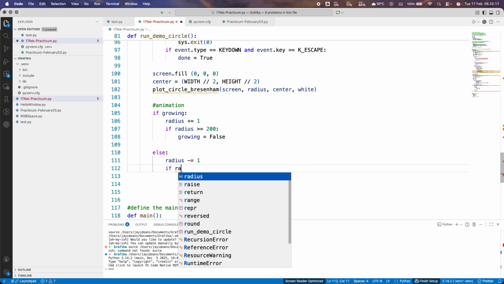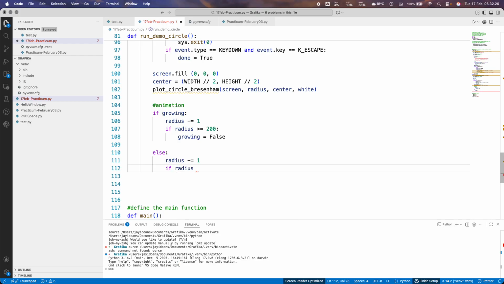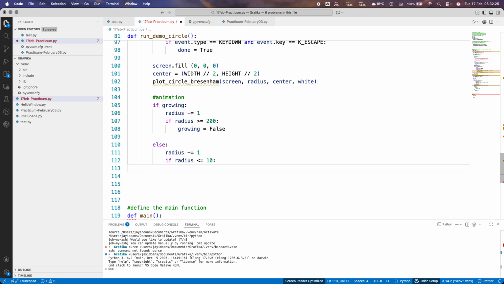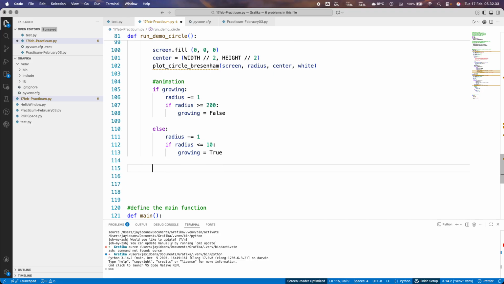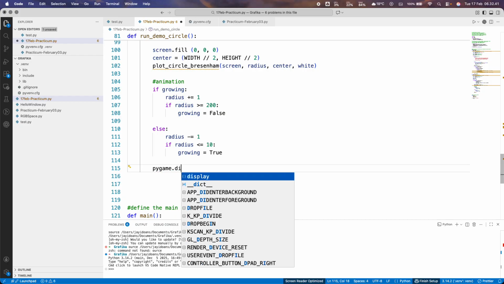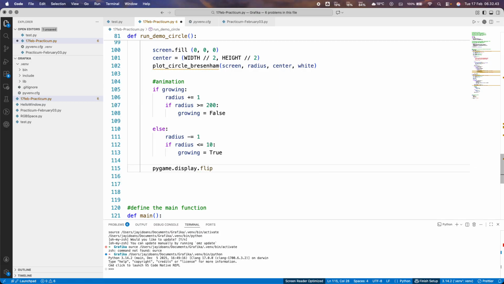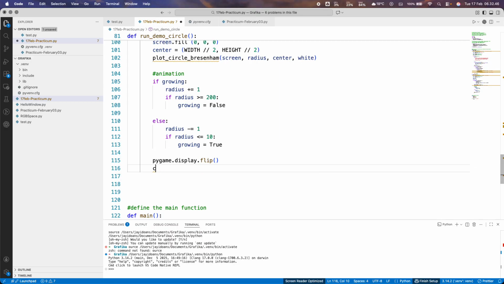If radius is already below 10, then growing will be true. Okay, pygame display flip, and then clock tick will be 30. Okay, now